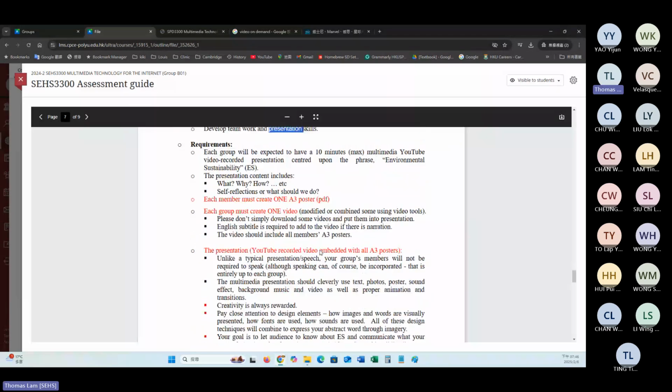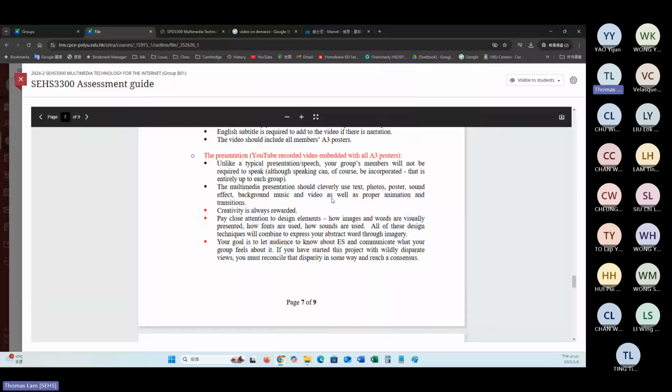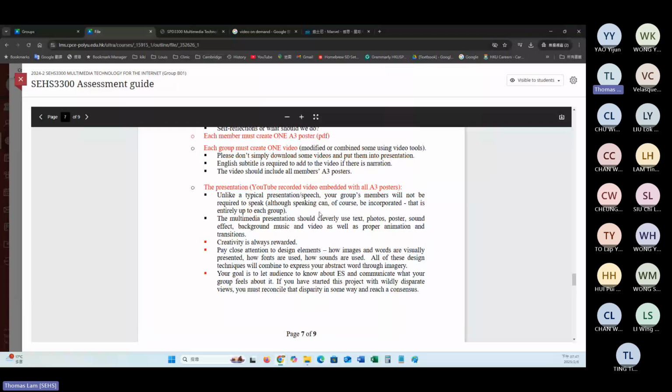Take a look. It's a kind of 10 minutes multimedia content, and you are supposed to create a multimedia presentation with background music, with certain effects that you learned from the course, or already know, and then put them together so that they can deliver the message of this group project.